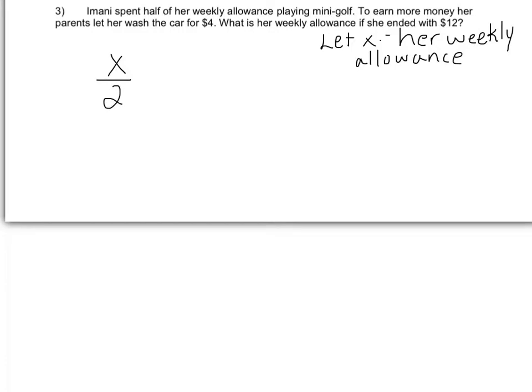That's what she spent on mini golf. Then after she did that, it says that her parents let her wash the car and she earned an additional $4. So whatever she had left, we add $4 to, and we know that she ended up with $12. So our equation reads x over 2 plus 4 equals 12. Okay? So now we need to